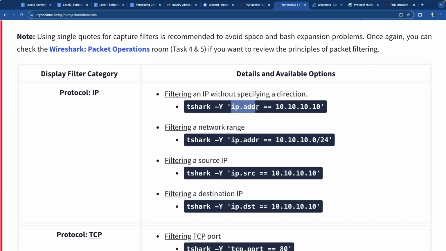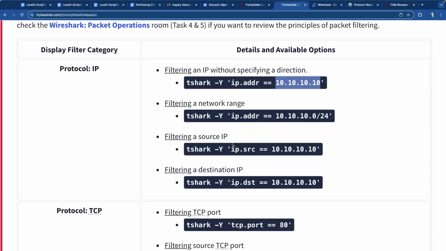ip.addr, so IP address, it'll show you anything that has to do with the source or destination address being that IP. If you do ip.src, in this case, it'll show you only the traffic that has to do with that being the source, and ip.dst, only the traffic that has to do with that being the destination. You can also do a network range, very similar to what we had in the capture, where you just leave off the last segment, in this particular case leave a 0 and just do /24, and it shows you everything that has to do with this subnet,